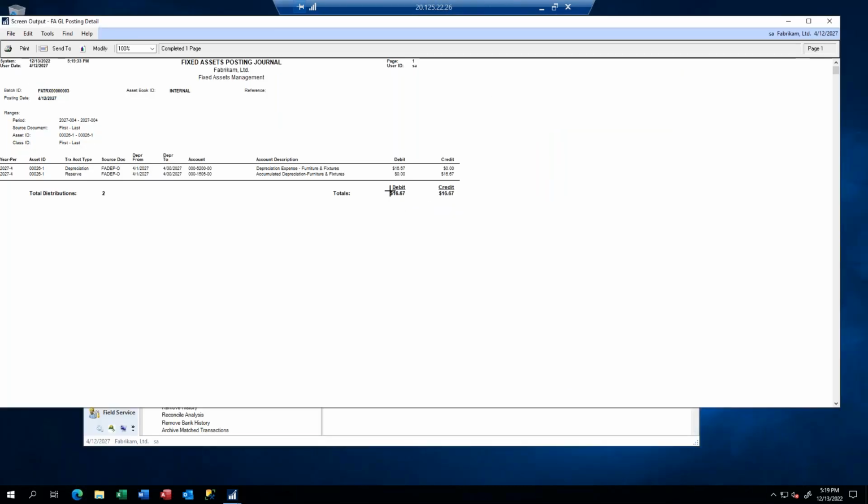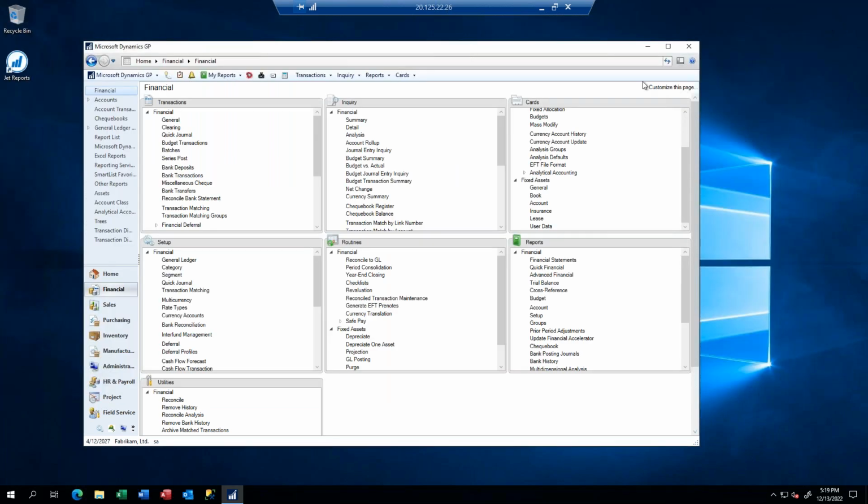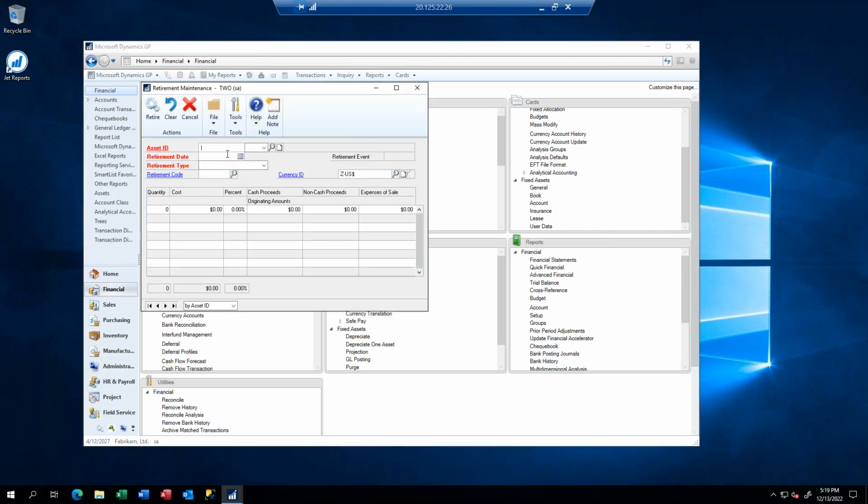Close that. And there's my $16.67 for my depreciation. Step 2. Third step would be I would go into my fixed assets underneath my transactions and I would dispose of an asset. I could then retire an asset. And when I retire the asset,